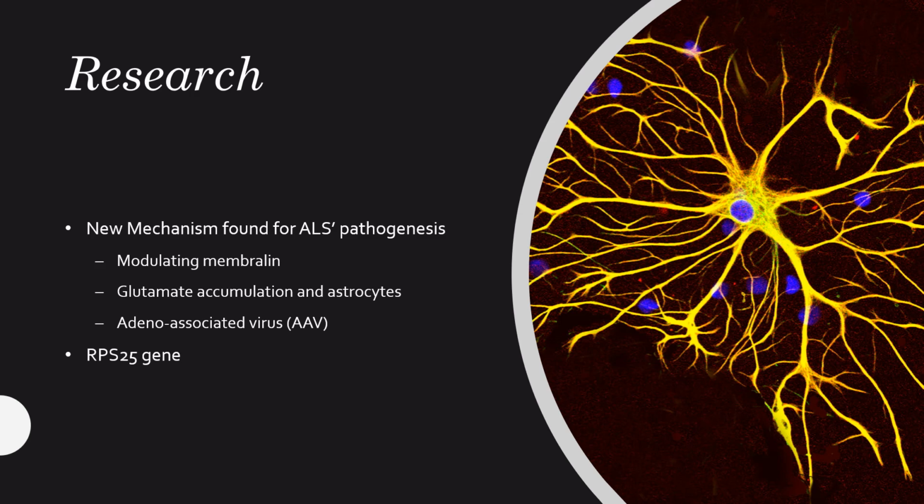So in an experiment, they created mice with certain motor neuron astrocytes, microglia, and oligodendrocytes that mimic those of patients with ALS. They omitted membrelin from these mice. These mice acted the same as ALS patients. And they found that membrelin was deficient around certain astrocytes, which contributed to accumulated glutamate, which is known to kill neurons. The RPS25 gene, that one